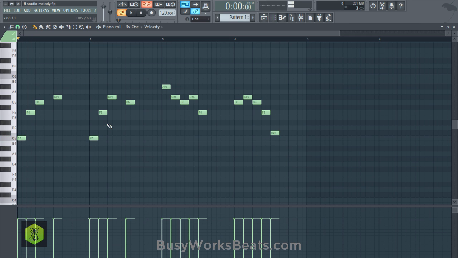So the shape changed. Okay, we went from this kind of dolphin or fish shape to more of this seahorse type of shape, and then to a reverse dolphin shape. Okay, there's probably a better name for that shape, but it looks like a dolphin kind of out of the water. Then we have like a seahorse or some kind of bird, chicken shape, and then we have a reverse dolphin. So these are all different shapes you're going to see in melody. It's not just repeating the same shape over and over again. It's what we kind of get caught into when we're writing melodies when we're first starting out. So think about changing it up, changing the shape of your melody.